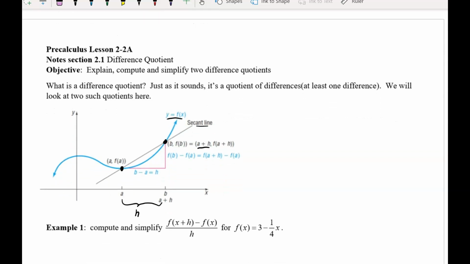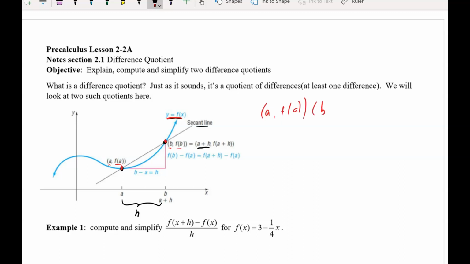So let's first look at a diagram here. We have 2 points drawn onto an arbitrary function f of x. Okay? Now the points have an x-coordinate a. If that's the x-coordinate, then the y-coordinate will be f of a. And if the second coordinate here on the x-axis is b, then you would have b, f of b. Now if we look at this b as not its own value, but as a plus some distance h, then we're looking at 2 points, a, f of a,